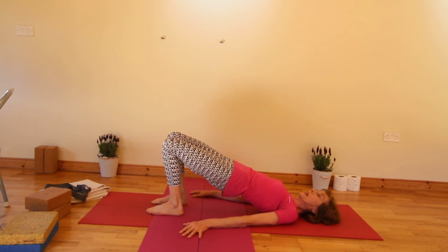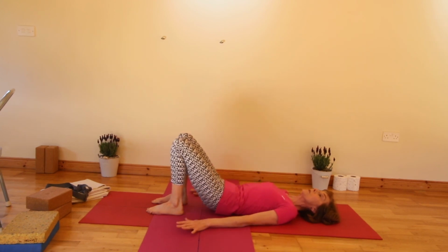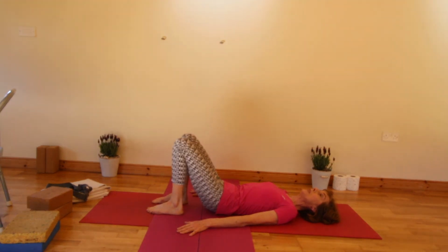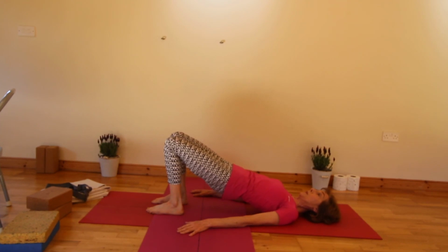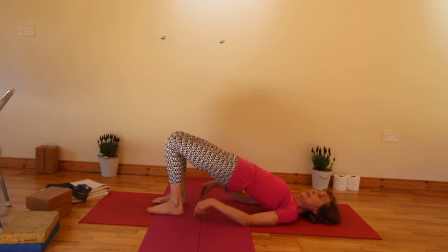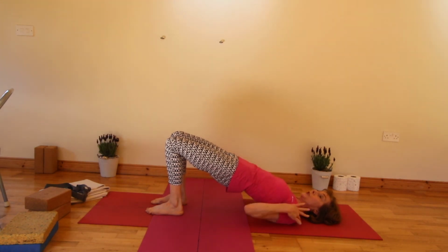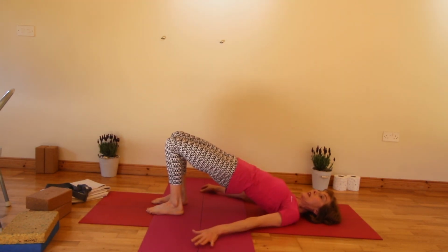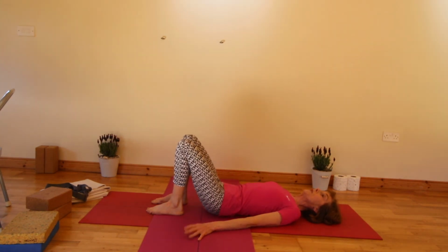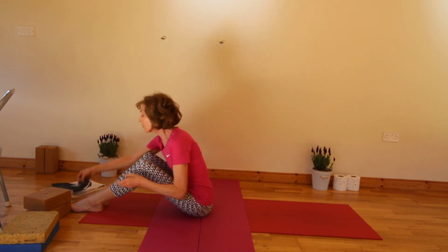Inhale at the top and then exhale as you release the spine like a string of pearls as it comes down onto the mat. Do that once again, pressing down into the feet. Inhalation, lift the hips up as far as you can. Press into the heels. Heels planted into the mat. Toes looking forward. Knees and hips and shoulders in that like a railway track. Lifting up, coming back and down, and then to finish off, always finish off in Shavasana, which is the relaxation